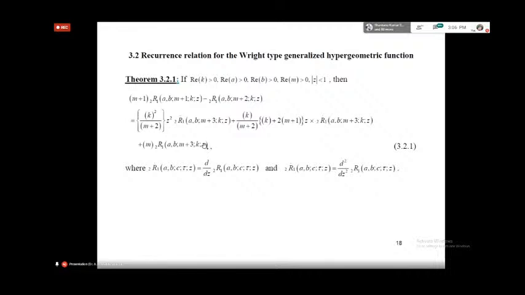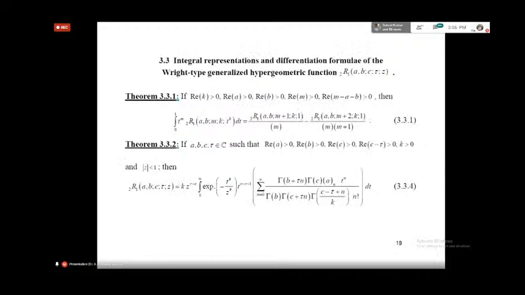But here, the beauty of this equation is that you can also form some different type of differential equation if possible. But we are still thinking of this, but it has still not succeeded. So let's hope for the best if we get a chance in the course of time. And here, this is the integral representation of the differences and the differential formula for the right type hypergeometric function. This is in the form of the theorem